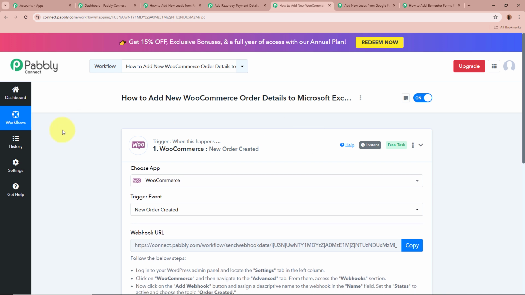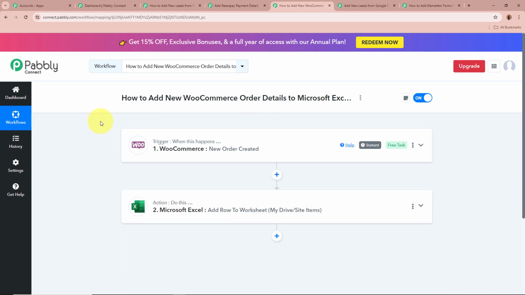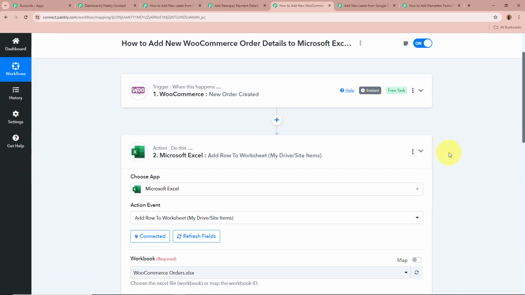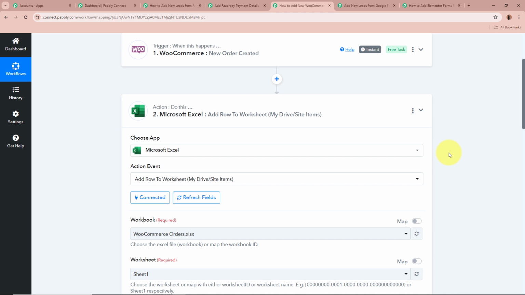So as we have captured the response, the trigger setup is done. Whenever a new order is going to be created, it will be captured in a trigger setup right over here, okay? And now we're going to set up our action step. As we want to create a record of the order being created in our Microsoft Excel,